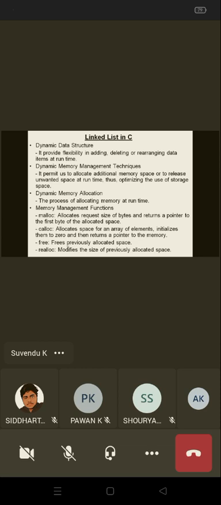So, memory management functions. In C we'll see a number of predefined library functions are there. We'll be talking about malloc. Most frequently this malloc is used. The malloc function allocates the requested size of bytes and returns a pointer to the first byte of the